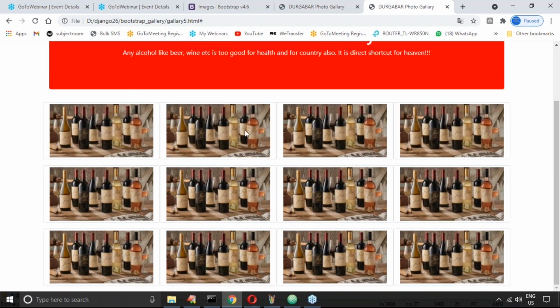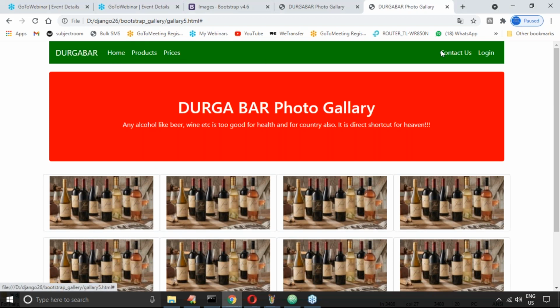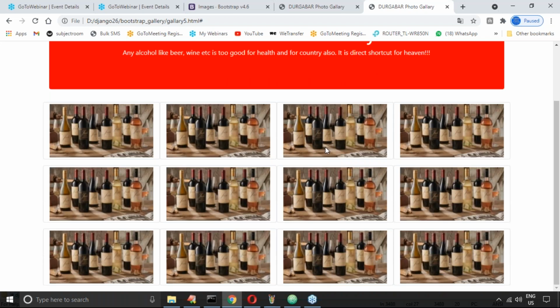If you want to view this one, then you require to put the images inside an anchor tag, or otherwise you can define styling for that. If I click on this, automatically a bigger image is going to come, or a hover effect or something, like we had, right?